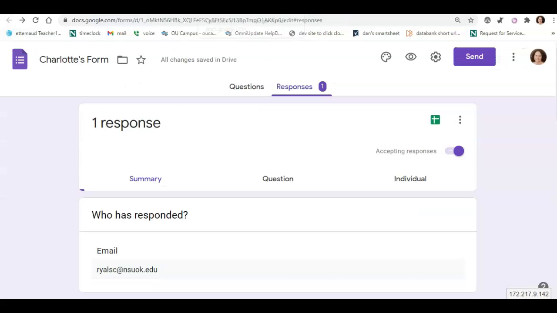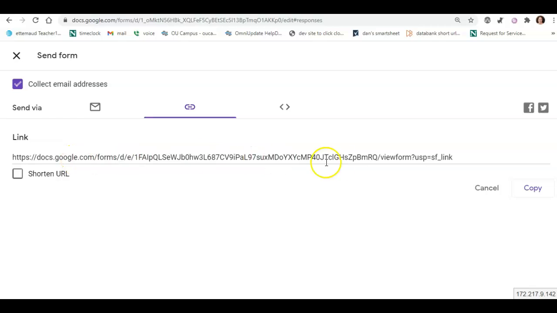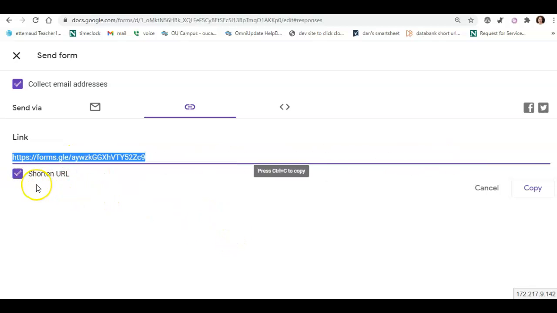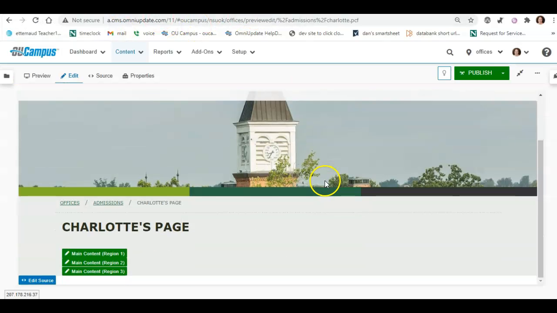Okay, now on the form, under the send button, click send, you have two options. One is just the URL. This is what you would use for linked text. So I'm just going to click that. It's habit. I like a shorter URL. So we'll copy that. Now in Omni Update on our page,